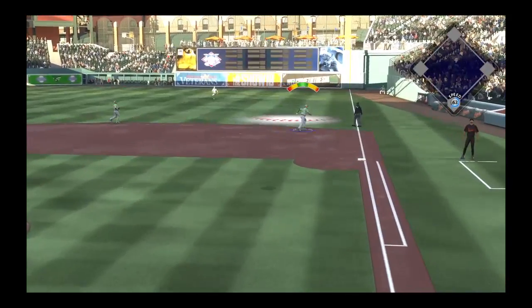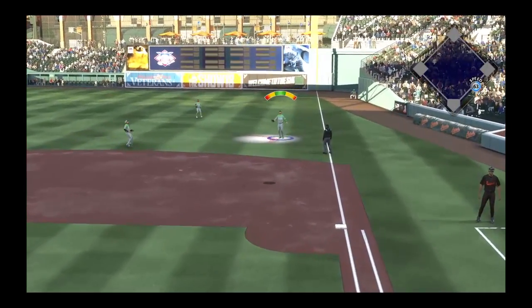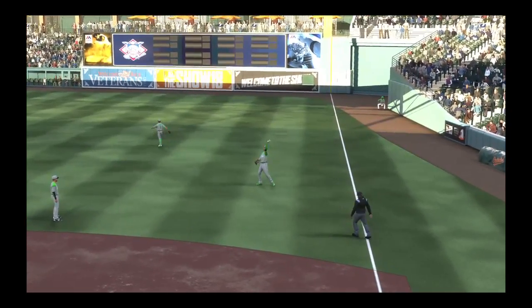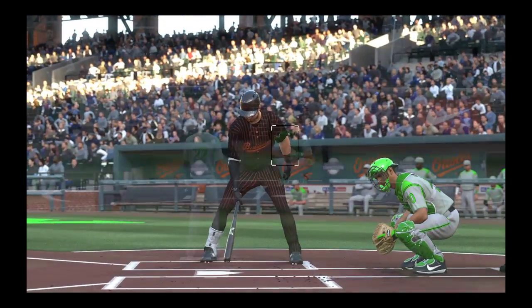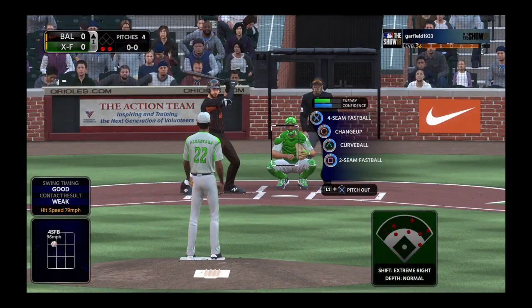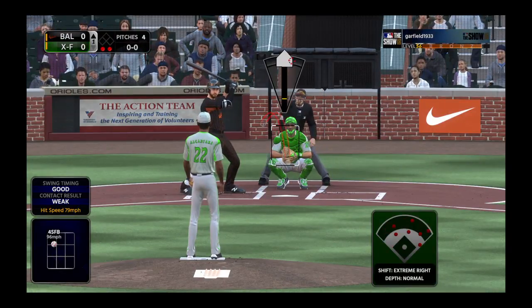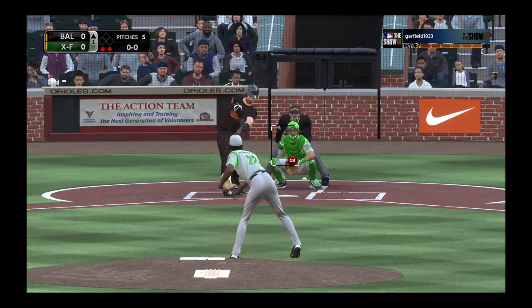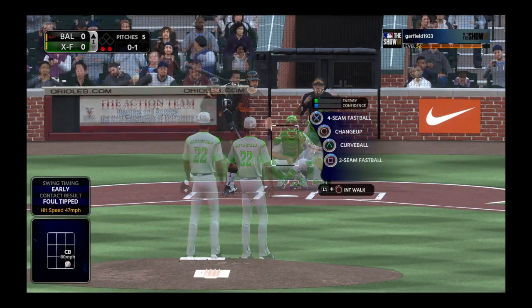Popped him up. Smoke ranges back, and he has it for out number 2. Striding into the box, Joey Gallo. Outfield shaded toward right center. Here's the first pitch. Ball chopped foul right at home plate, and it's